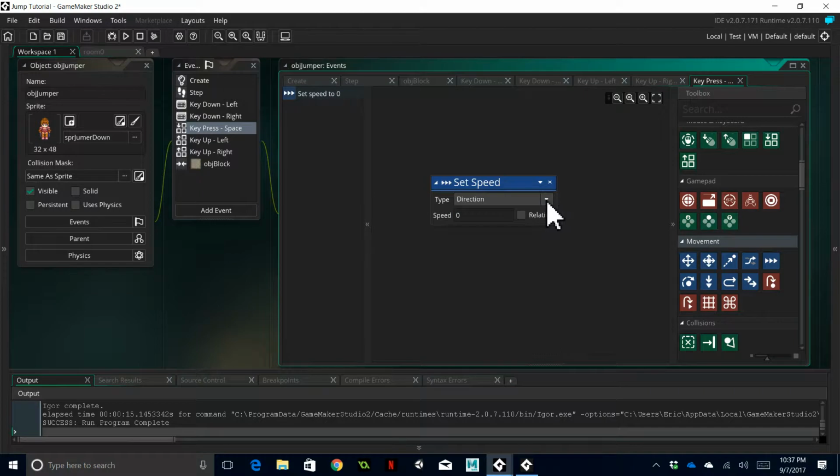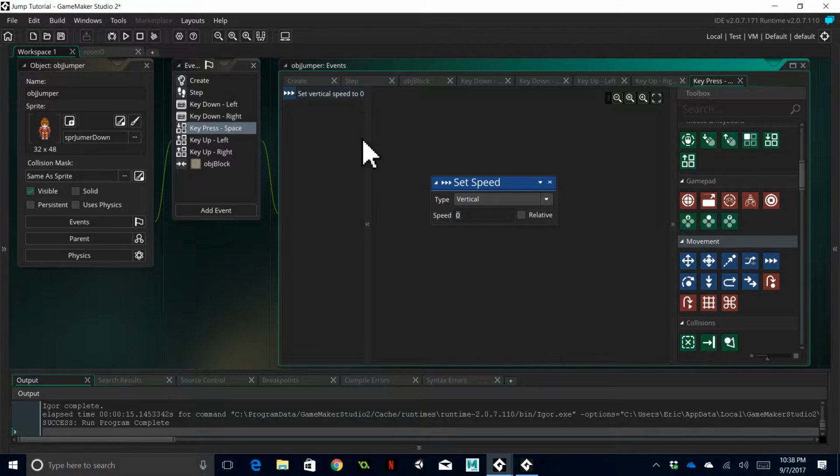And then what we want to do is change her vertical speed. That way, if she's moving to the left or the right, she can still jump up. If we set a direction straight up, then every time she jumps, she'll just go straight vertical. This way, if she's got some horizontal speed going side to side, she will keep that and then just add some vertical speed to her. Now, this may be a little bit confusing because we want her to go up, but remember